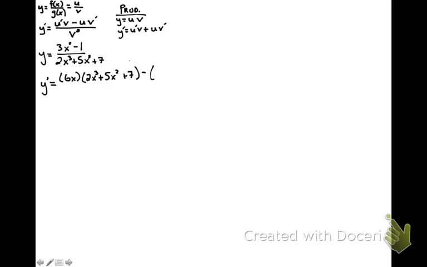minus the numerator, in this case 3x squared minus 1, times the derivative of the denominator. Right, the derivative of the denominator in this case would be 6x squared plus 10x. Right, so that's this huge numerator divided by the denominator squared. So in this case it would be 2x cubed plus 5x squared